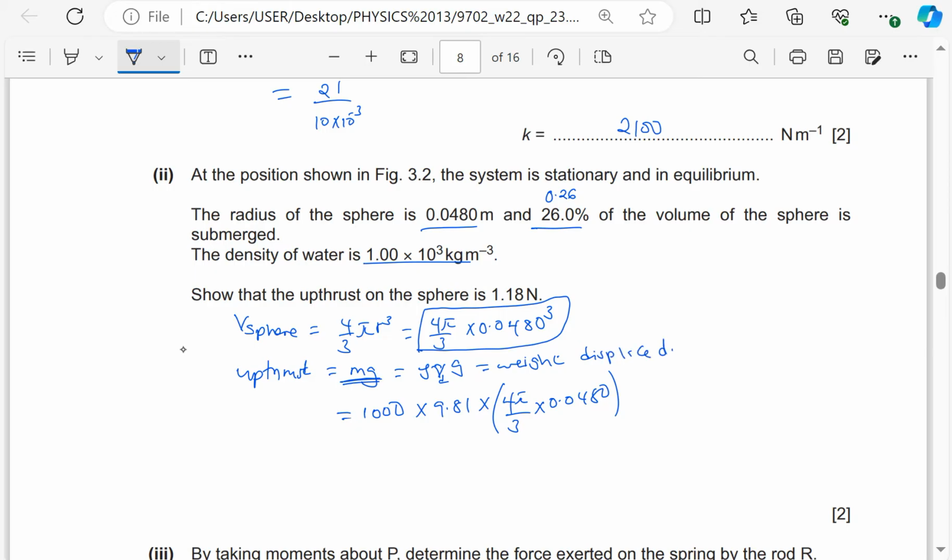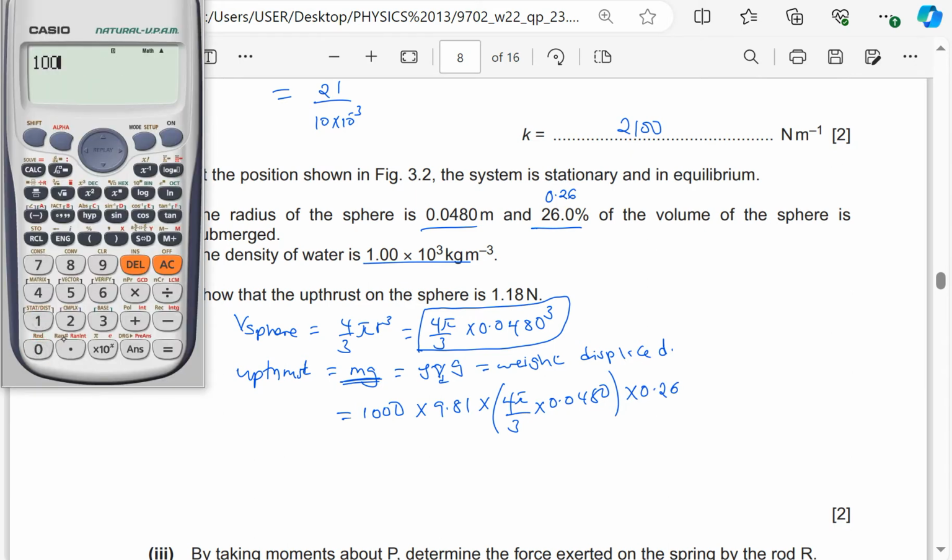So we have to consider the volume displaced, which is going to be 0.26 of the total volume. So I have 1000 times 9.81 times 0.26 times 4 pi